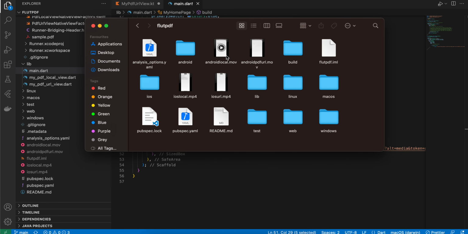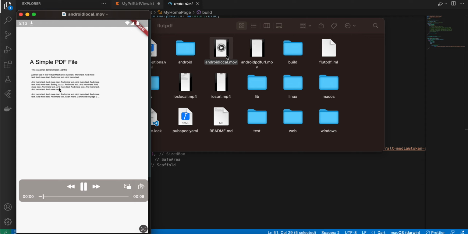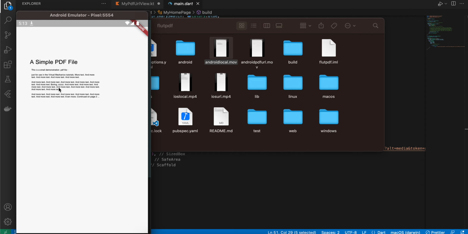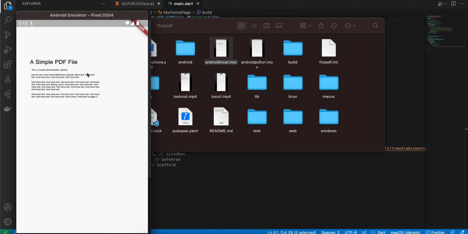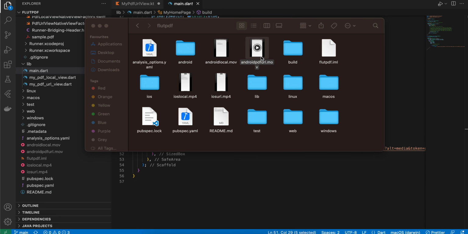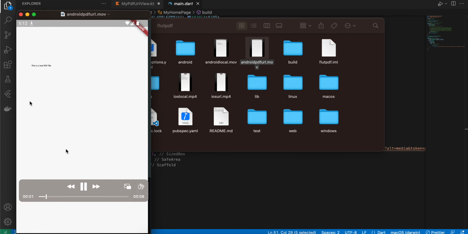Now I will show you how it works. So this is for Android local. You can see zoom in, zoom out. I'm able to move the page as well. Okay, this is Android PDF URL. Unfortunately, this PDF file is only one page long. So yeah,